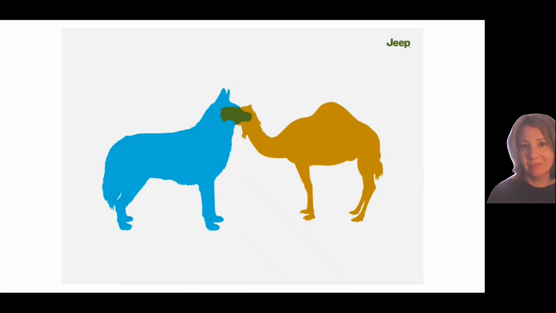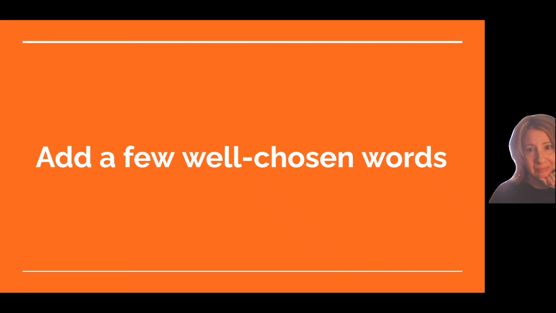Here's another one. Two silhouettes making a Venn diagram and a brand. So that's telling you that the Jeep can go in mountain regions, it can go in the desert. If you add a few well-chosen words, you can add a twist and make your ads quite engaging, okay? So here's an image of a lady who's obviously not, well, she could be in her prime, who knows, but she's lived a bit, she's been here a few years, right? And this is finally a cream that gives you wrinkles.